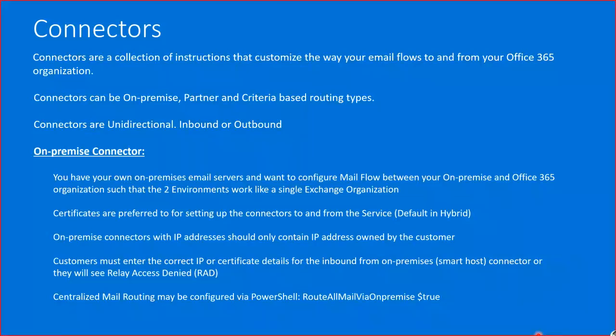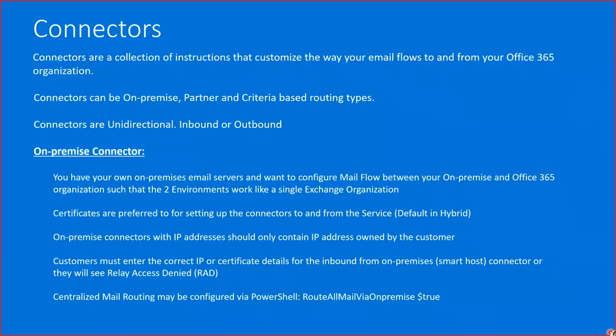So when Exchange Online receives any email, even if the mail is supposed to be delivered to a mailbox in Office 365, Exchange will not deliver the message, but instead route the message to the on-premise environment, so that the compliance requirements are fulfilled. So if the customers have a compliance requirement to capture every email that comes into their organization, and that's in the on-premise environment, this particular setting allows us to route all incoming messages first from the Exchange Online environment to the on-premise server,